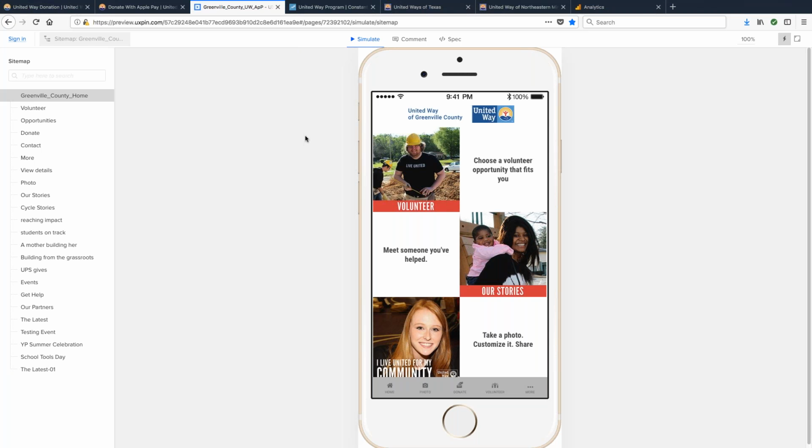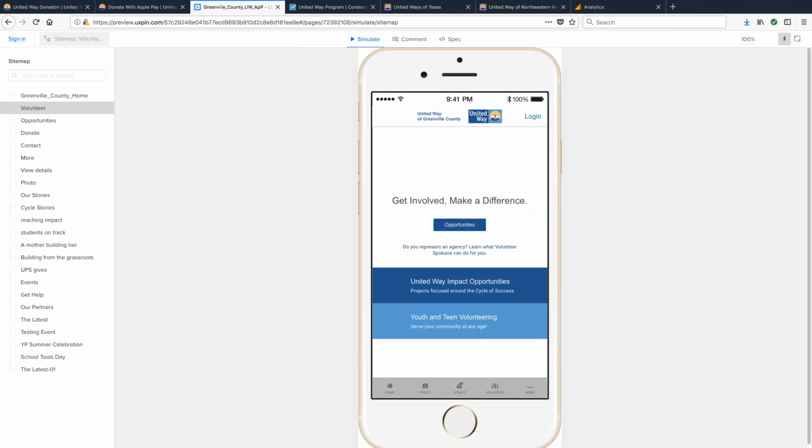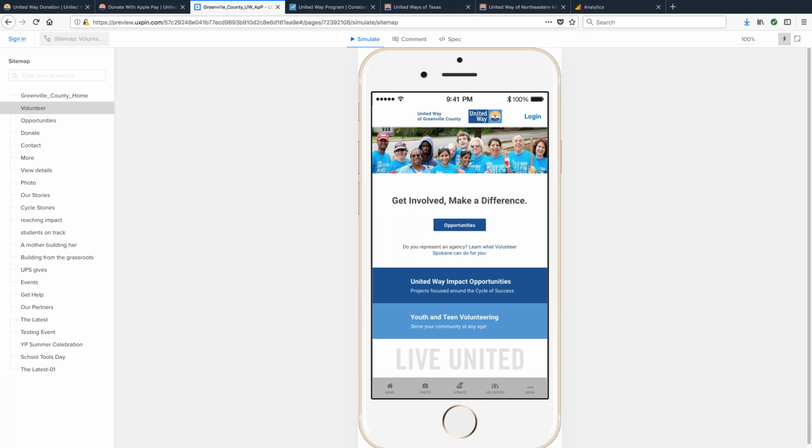I wanted to share this with you. This is our app. We've done some app development. United Way of Greenville County in South Carolina has our app, and we have integrated their Get Connected into their app. We're working on getting them integrated more seamlessly into the website platform as well. So we have forged a relationship with Get Connected. We're working together to make this seamless because we have a lot of customers in common that are United Ways.